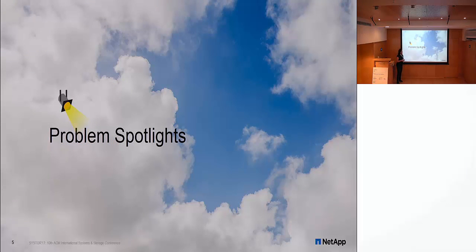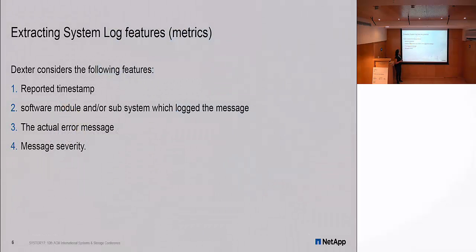So let me go a little bit in depth about problem spotlights and resolution spotlights. So starting with problem spotlights. When we talk about system log messages, they have a whole bunch of metadata. When was the message created? What was the timestamp? What was its severity? And a lot of other things, right? And the core message which talked about, let's say, this shelf ID is invalid. So in Dexter, we use these metadata things as features, and timestamps and the module and the error message and